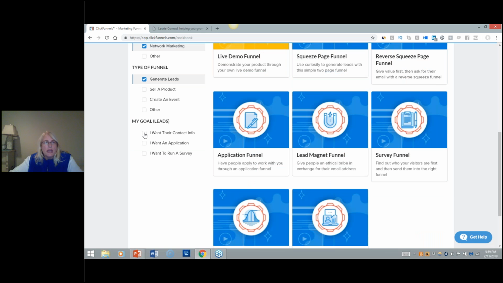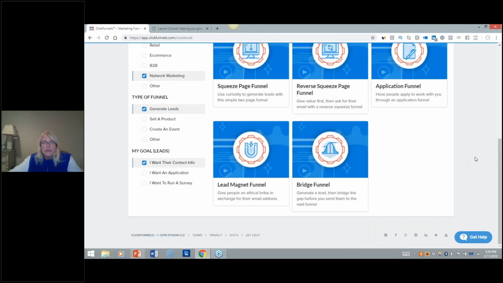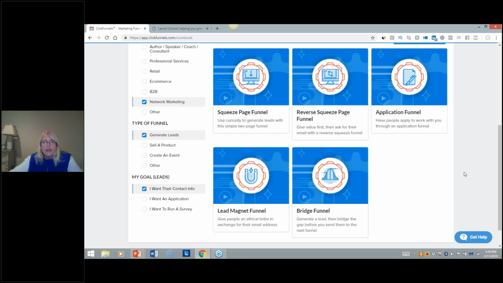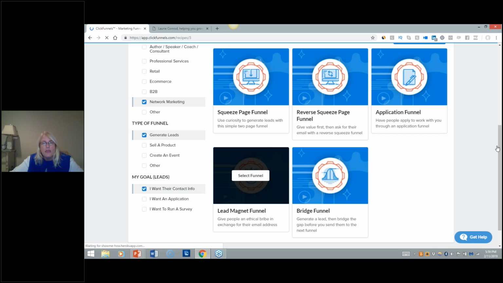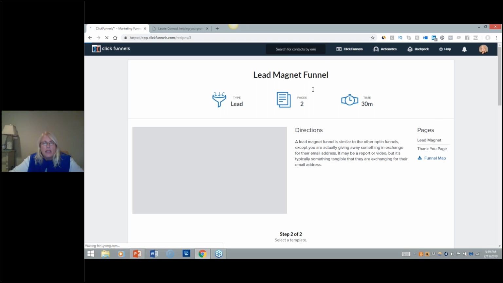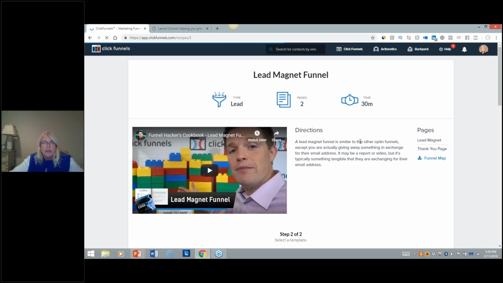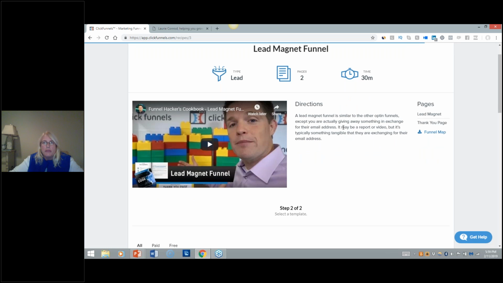And I want their contact information. That's the kind of funnel that we're going for tonight. And you'll see that there's 5 here to pick from. And they're all variations on the lead magnet funnel. You can learn about all these different ones, but we're going to create a lead magnet funnel. So I'll select that. And it tells me exactly what a lead magnet funnel is, which I just explained to you. They're going to opt in